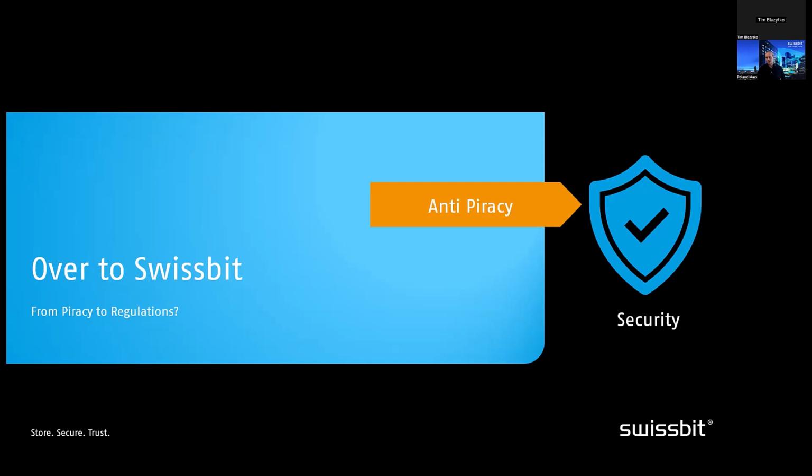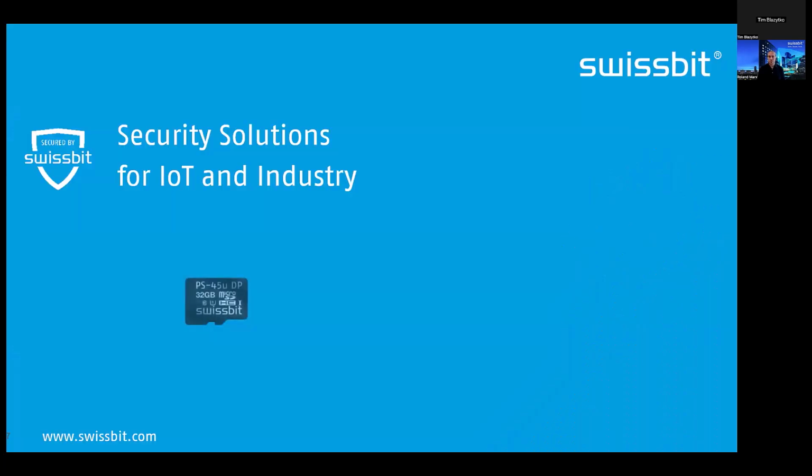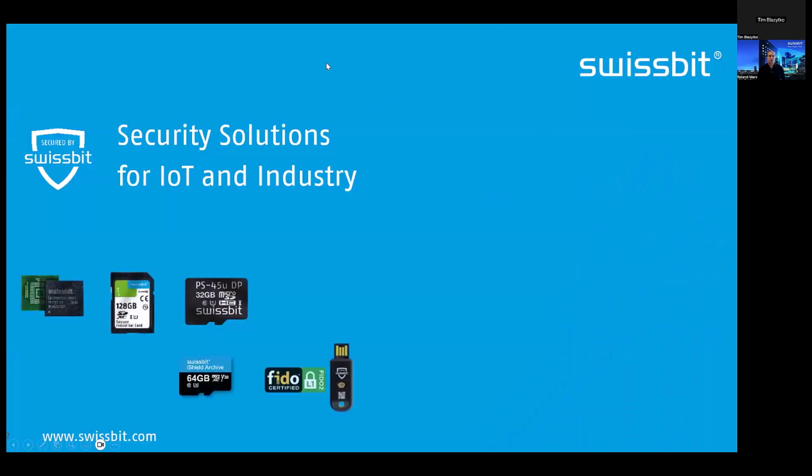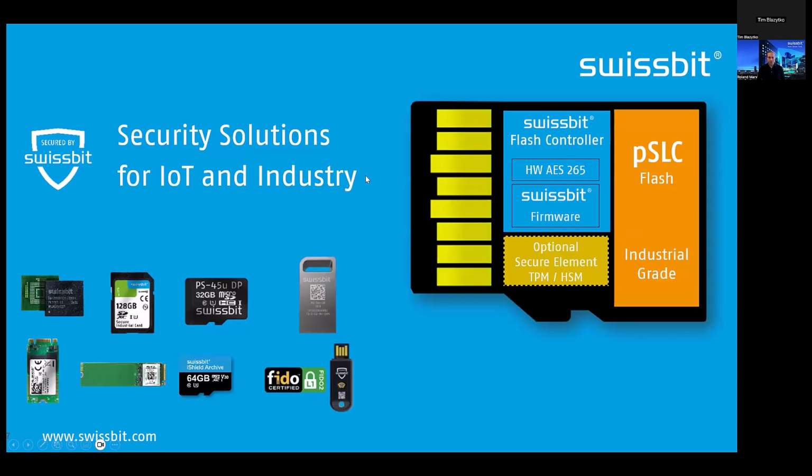And if you are in business, you should not only protect your product, but also the data that this product will process, so actually the data of your clients or customers. And this currently is not really happening a lot and not on a wide scale. So this is also the reason why regulation needed to do something. I will explain what kind of regulations will apply to the European market and to everybody who wants to sell their products here. But before I do that, I would like to quickly introduce what Swissbit is doing,